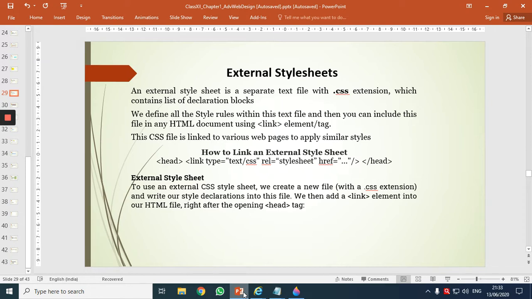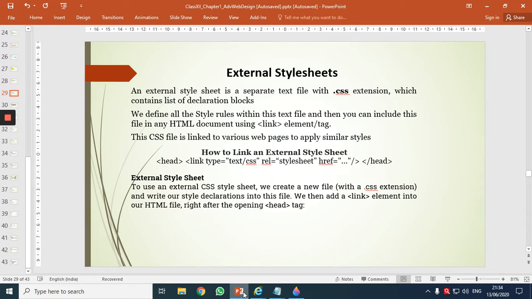So an external style sheet is generally used when we want to make changes to multiple pages. So it will facilitate to change the look of our entire website by making changes to one single CSS file.